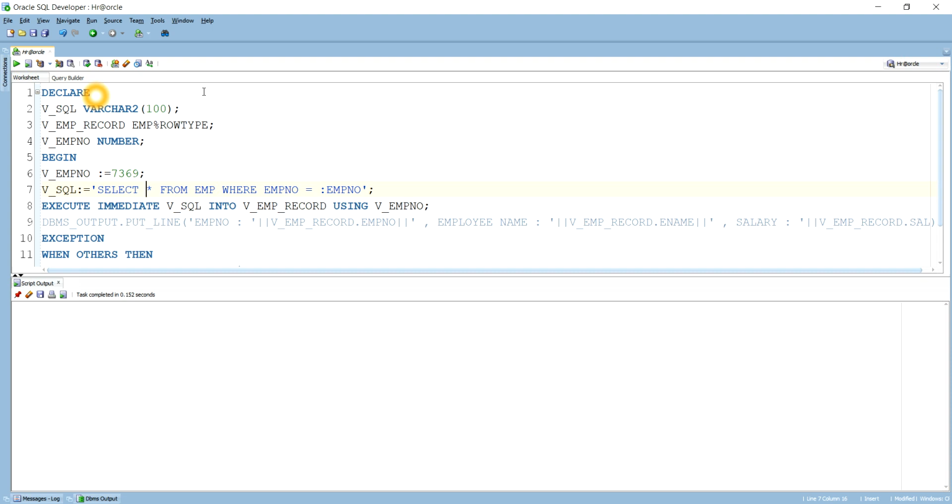So you see, in the VSQL, I have defined the exact query which I am going to run, and here you see select star from EMP where EMP number equal to, this is a bind variable which I have created. This bind variable can have any name. So I can write EMP num, or I can write EMP number. That doesn't have any problem. This variable will be automatically substituted when we use